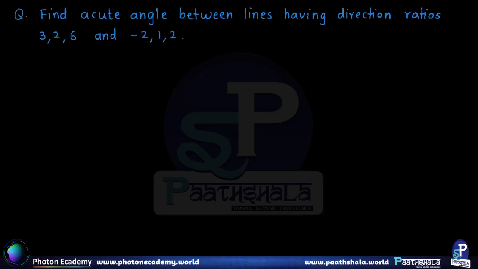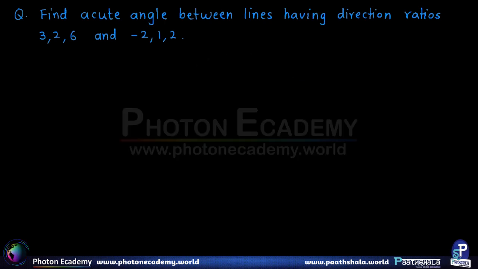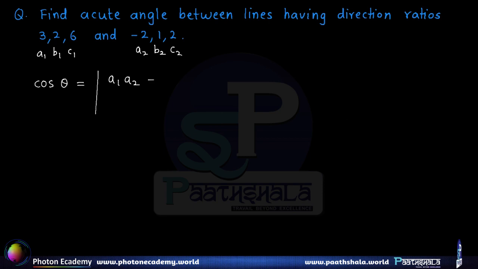Now let us solve a few examples based on the formula for the angle between two lines. Find the acute angle between the lines having direction ratios 3, 2, 6 and -2, 1, 2. Since we are given direction ratios, that means they are in symbols A1, B1, C1 and A2, B2, C2. Correct? We know the formula for cos theta, which is given by mod of A1 A2 plus B1 B2